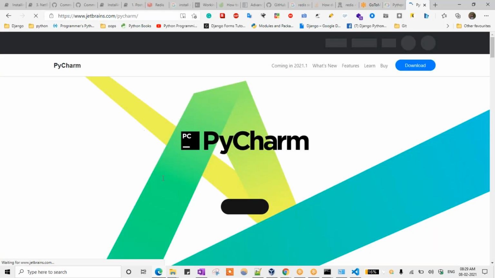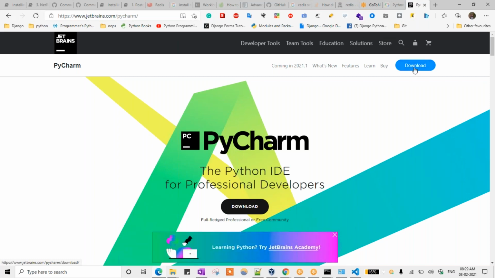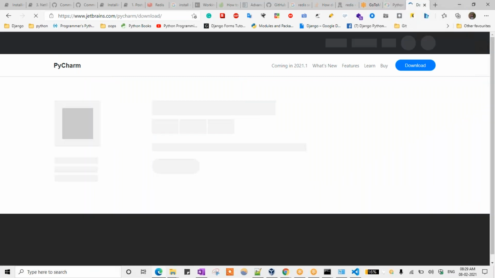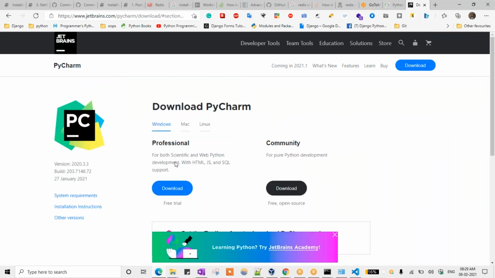It will show up something like this. So click on download here. It will show whether you need to install this one or this one. The optional version is only a trial for 1 month. If you don't need the trial version, then you can go for the community version. For every 1 month, you would need to change the optional version. But I will go for the community version. Just click on download.